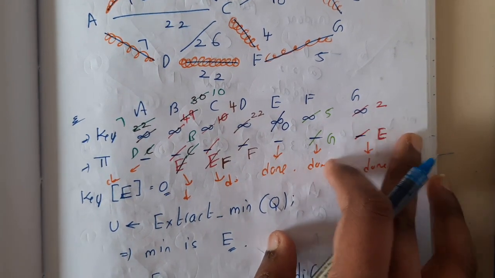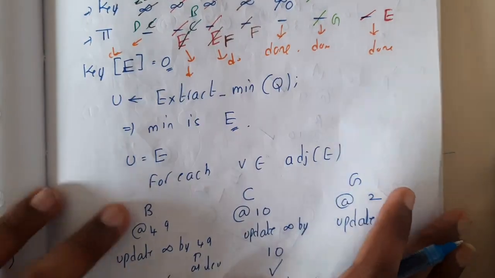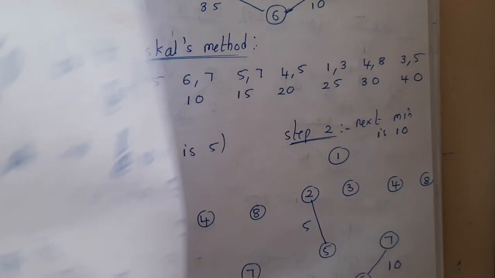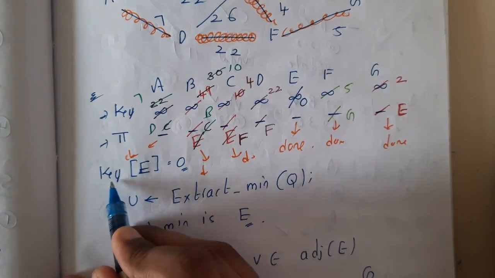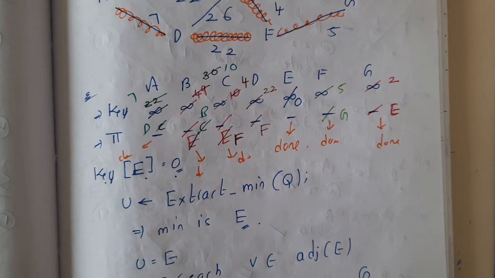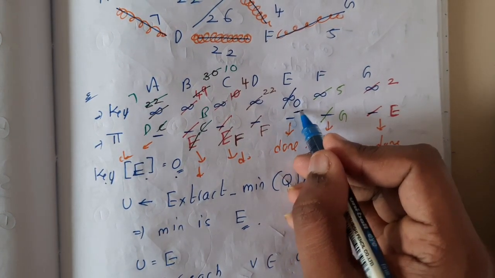Okay, so basically initially you will be starting it. So you can just trace it, guys. This algorithm is really clear. I think I have written every step here. Okay, so initially you will be starting with the key of e equal to 0. I think I took e, right? Yes, from e I started here.